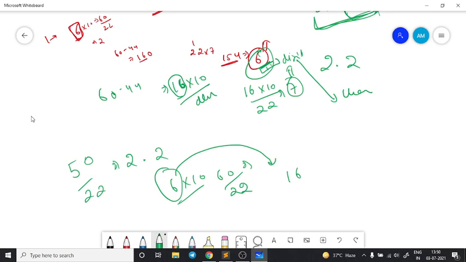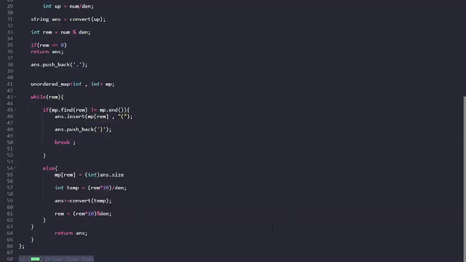In a similar fashion. First of all, I will fetch 60, that is, multiply my current remainder with 10, and this time instead of dividing it, I will take the mod. So if I take the mod here, 60 mod 22, I will get 16. So that's how I'm updating my remainder. Now after all of these steps are done, if my remainder becomes 0, then I can return the answer normally. Or else if it is a repeating part, I will put the opening and closing bracket and break here, and the final answer will be returned as answer.